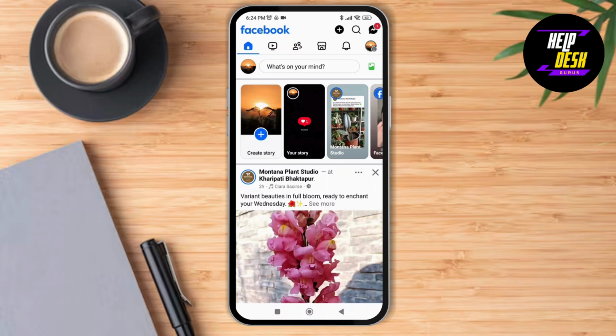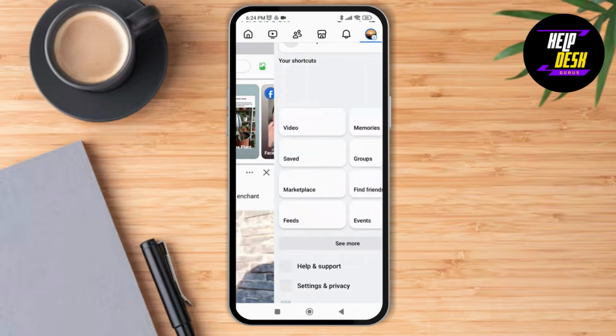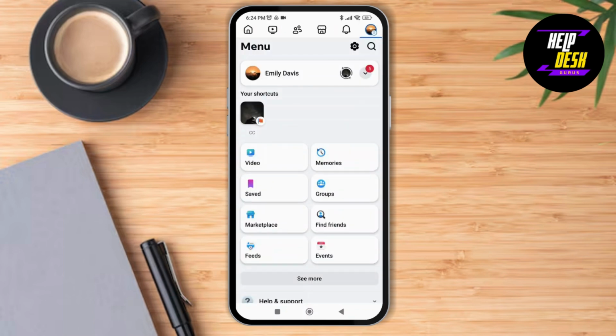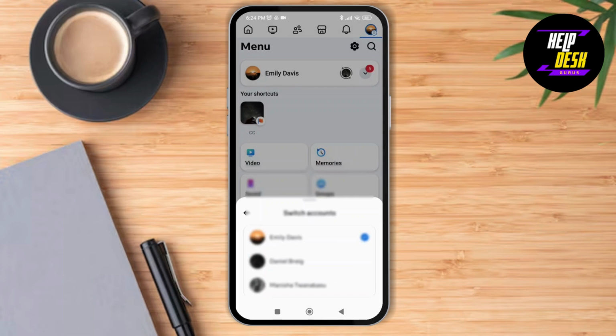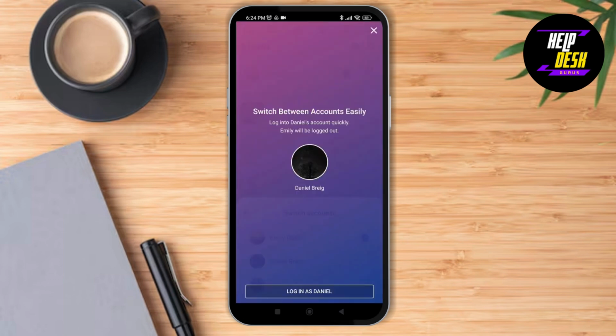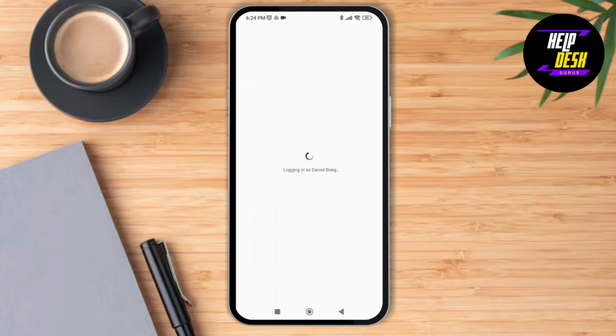So here we have already logged into one of this account. Now if you want to log into another account, tap on the profile icon at the top right corner. You can directly tap on this icon of the arrow down button where you can see the option of log into another account over here. So you can just tap on log into another account and tap on one of these accounts over here. Then tap on login as the another account, and in this way you'll be able to switch or log in to another account on Facebook using the login